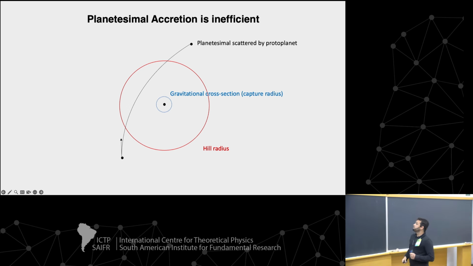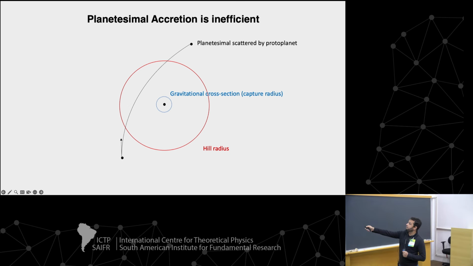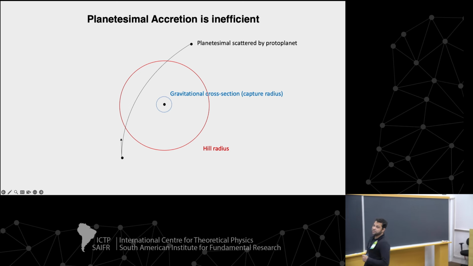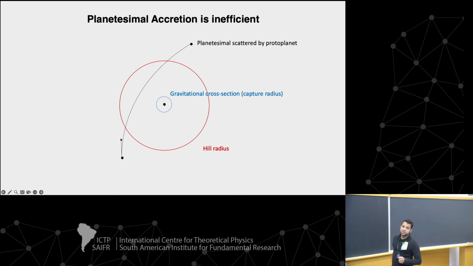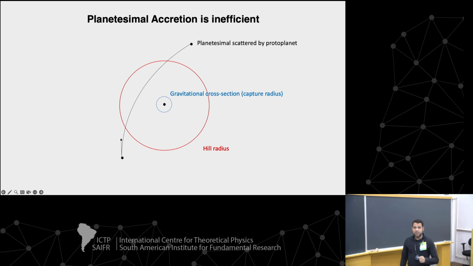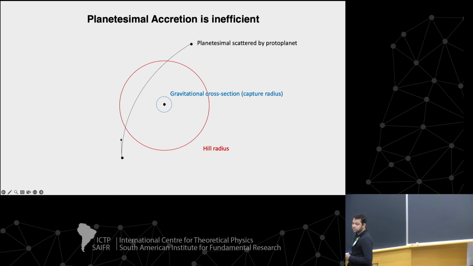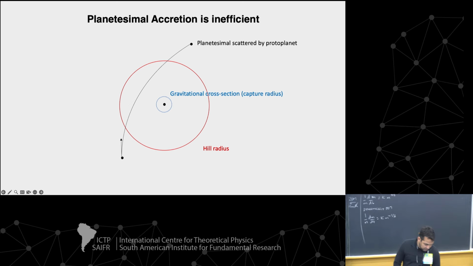You have here this illustration. You have the object that is trying to accrete. A planetesimal here is passing, and is simply going to be scattered. It has to get very close to the planet for a planetesimal to get accreted, right? The gravitational cross-section is just too small. In red here, this is the Hill radius, which is the gravitational reach of the